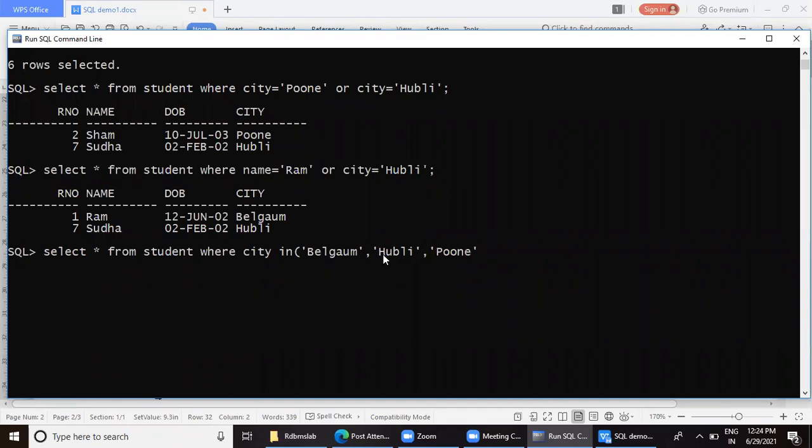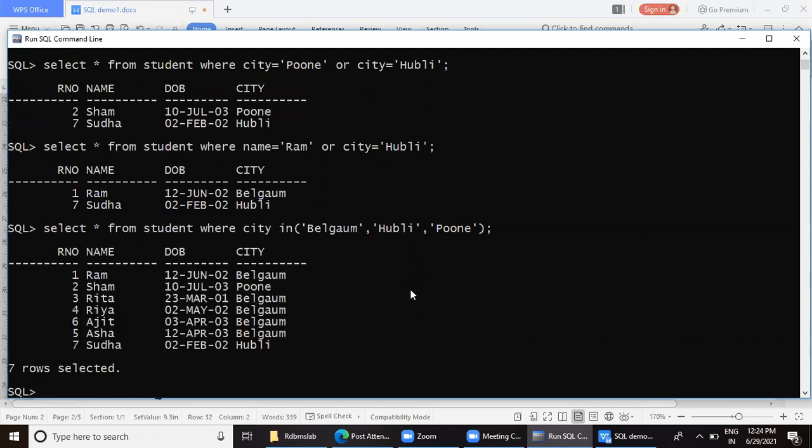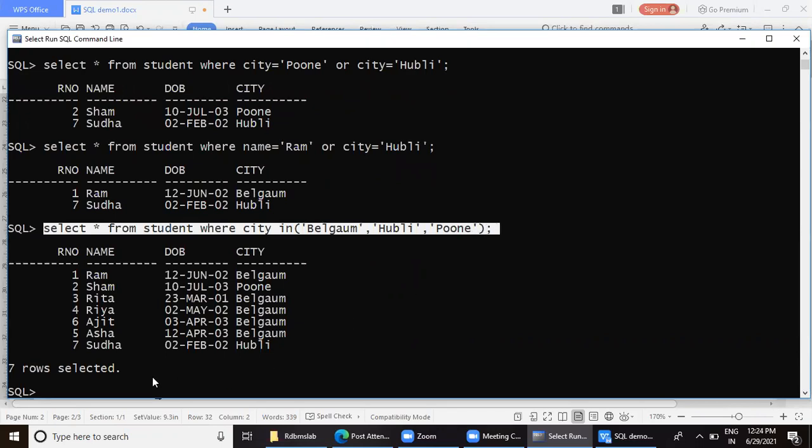Here remember that whenever you give values, they are case sensitive. If you type B in small case, it will say it doesn't find. So this is how you give the in operator. All these will be helpful to you when you solve journal programs. So every example is important for you. This is an example for the in operator. I hope you have taken it down.